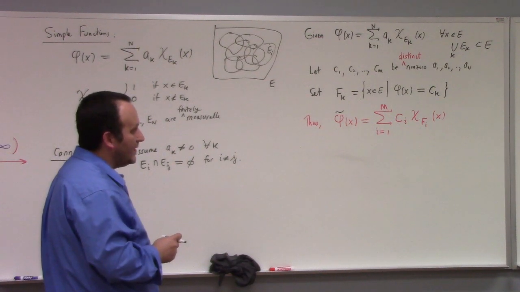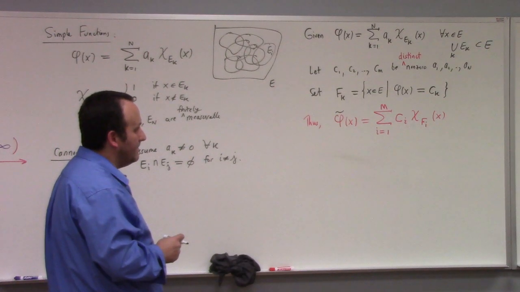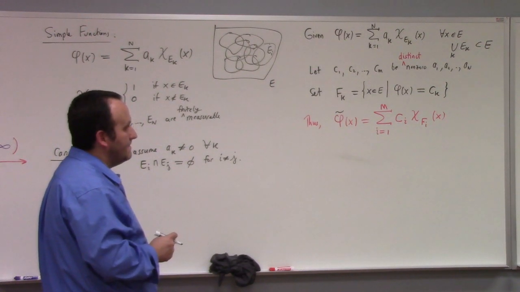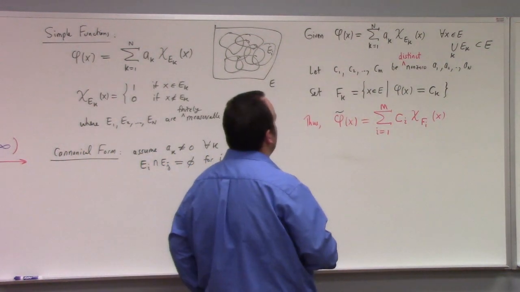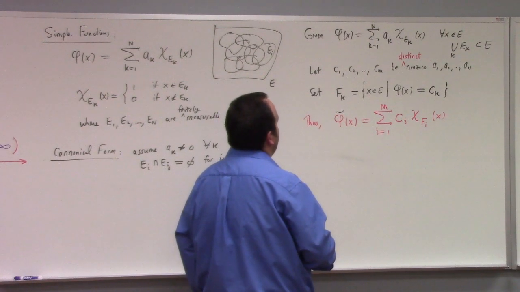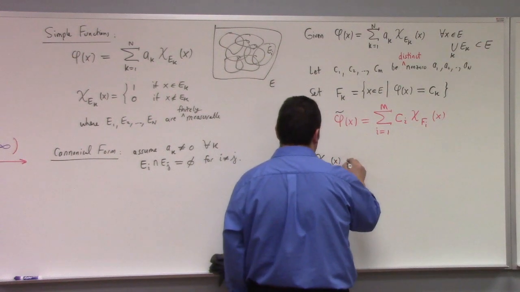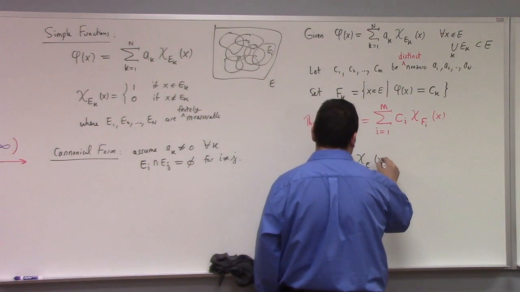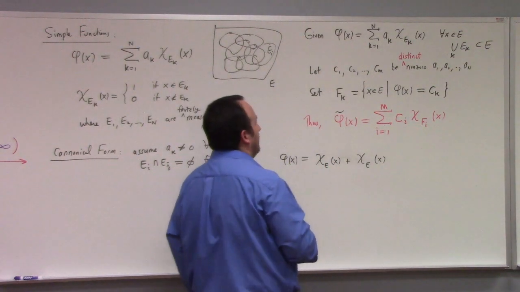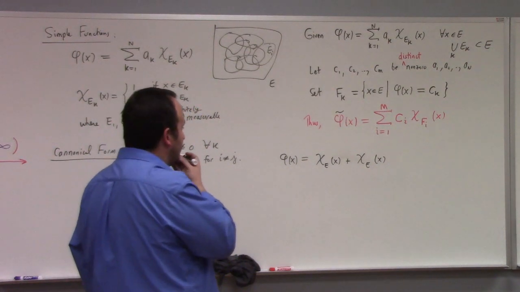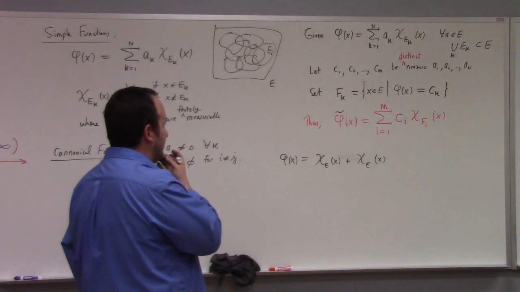Because there can be overlapping sets, and when you put x into that overlap, the result is going to be the sum of the coefficients, which is not included in any of your sets. Oh, so you're thinking about what if we have chi-E of x plus chi-E of x, something like that. Then what does that do? It doesn't seem like we've accounted for that in the construction, is your point.